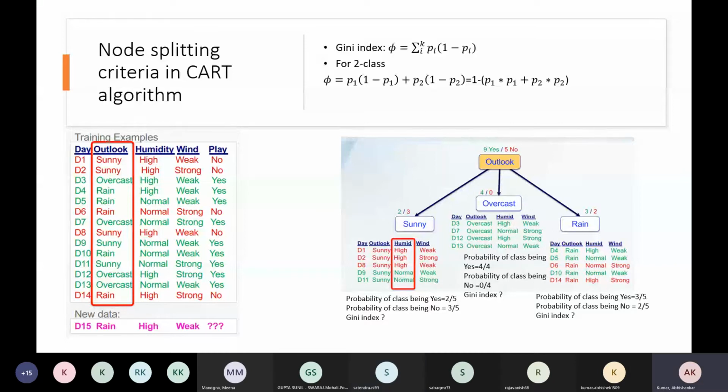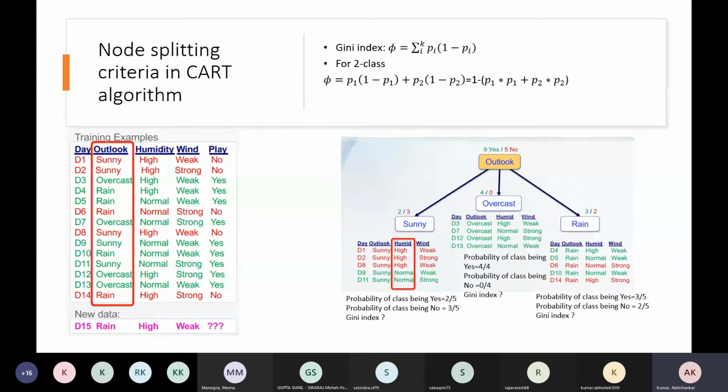Correct. So we have three features. How many observations do you have? 14 observations. Correct. So we are very clear what observation means and what feature means. And how many classes do you have? So 2 classes, yes and no. Correct. And play is nothing but the target variable, and the target variable belongs to class yes and no. So we are very clear about the terminology.